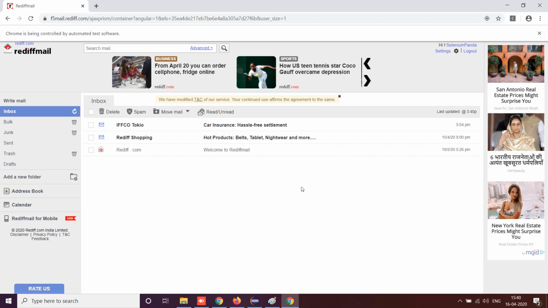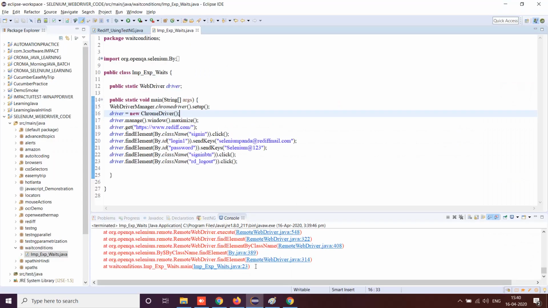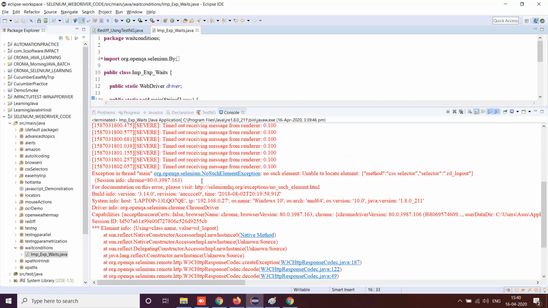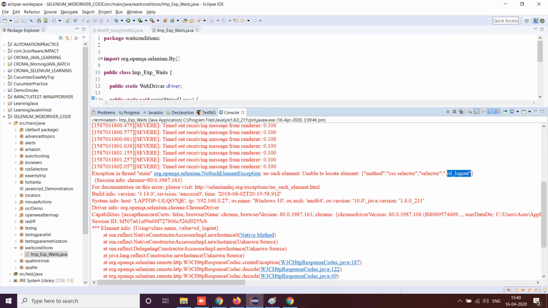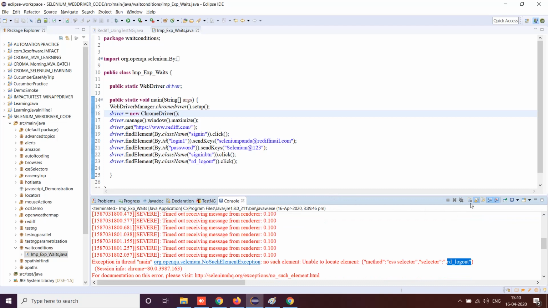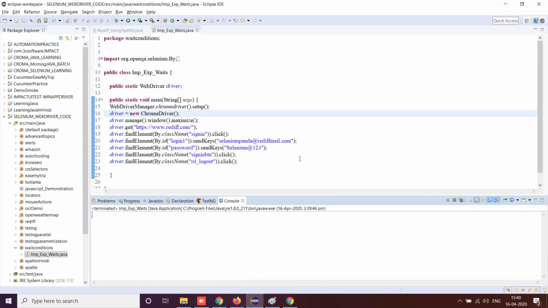So now this proves that a certain component could not be identified. Let's see what it says. No such element. See, rd underscore logout. Okay, rd underscore logout is the logout button which I was talking about. This is the class. See, just 1 minute back it was working absolutely fine, and exactly after 1 minute it is not. I did not do anything. So now, how to counter these things?